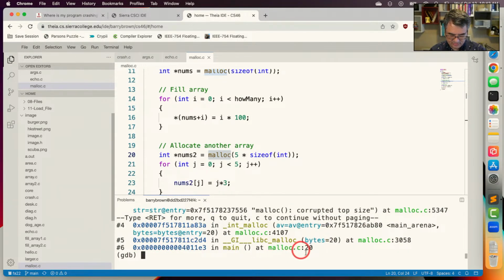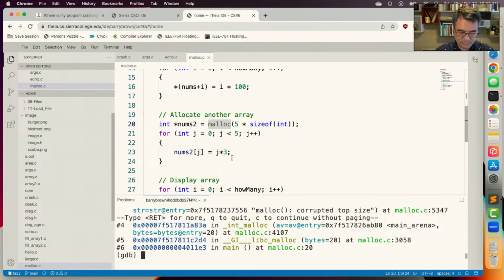And then it's line 20 here. This malloc failed, presumably because when it sets aside a chunk of memory, and I'm just speculating here, but if I was the person who wrote this library, I would set aside a chunk of memory, and then I might actually put a little marker at the end of it to say this is the end of that chunk of memory. So when I go and search for another chunk of memory to allocate, I can go and find that marker, kind of like those delimiters within a JPEG file, right? I can basically scan forward, find that marker, and then I know that the next chunk of memory can follow